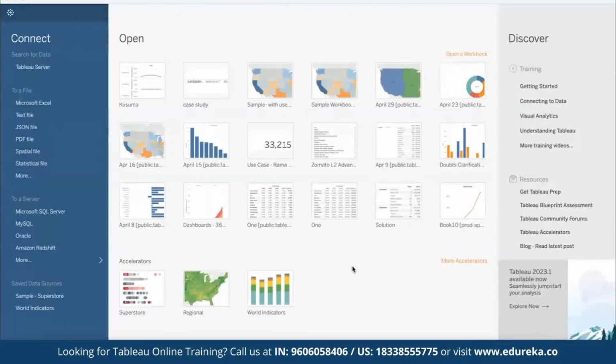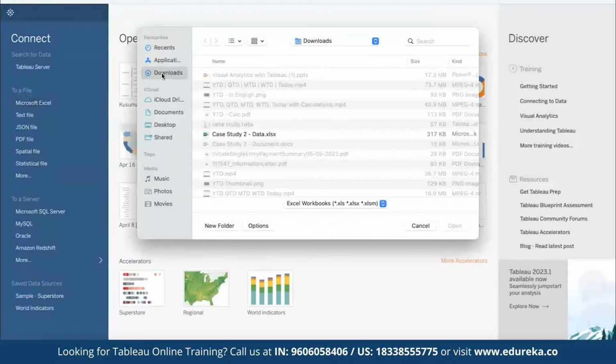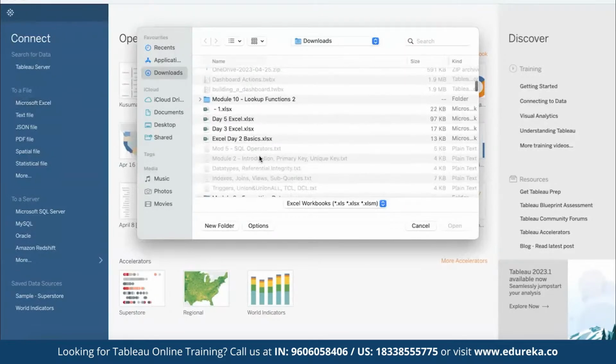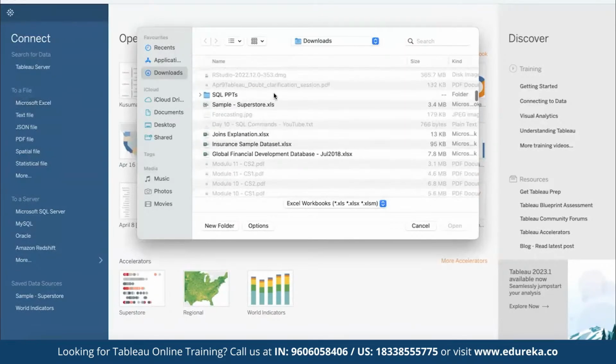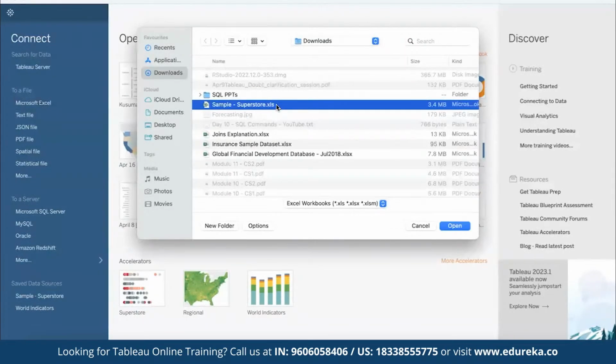Now, what I am showing you is Tableau Desktop, the professional edition, which is the licensed version, not the free one. So here, I will select Microsoft Excel and then simply choose the data source to which I would like to make a connection here. Okay, I would like to use data coming from Microsoft Excel Sample Superstore. Once I do that and click on Open,